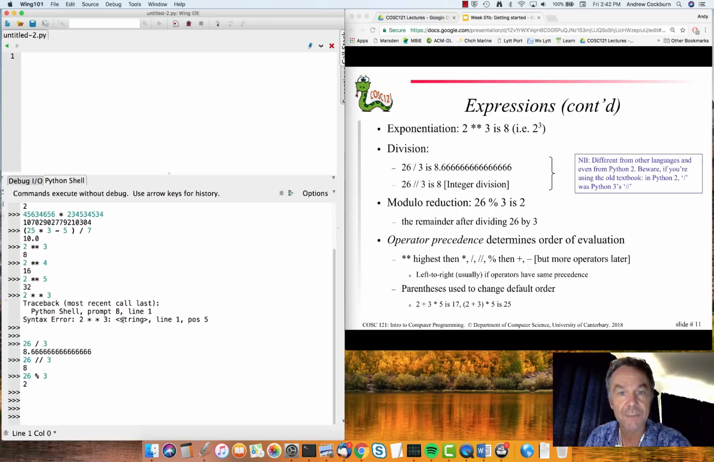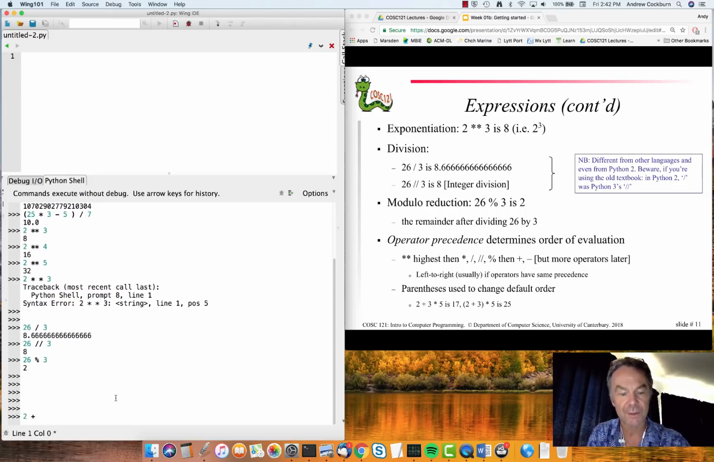When an expression contains a multitude of operators, all of which have the same precedence, the order in which they're computed is left to right. Usually, but not always. Exponentiation actually disobeys that order. But normally left to right order is sufficient. So this has important